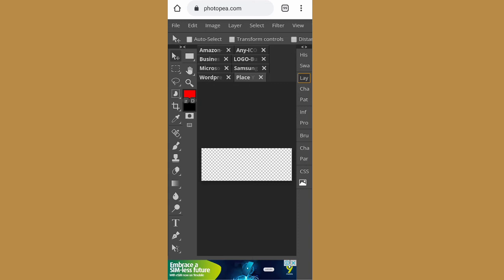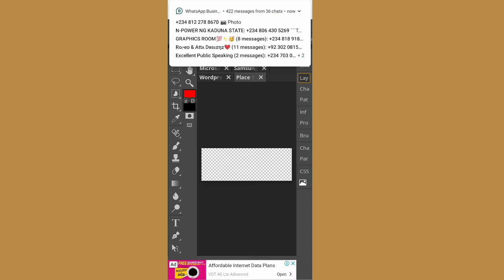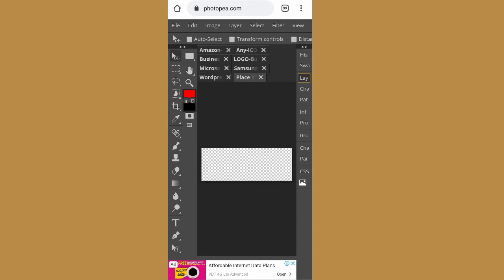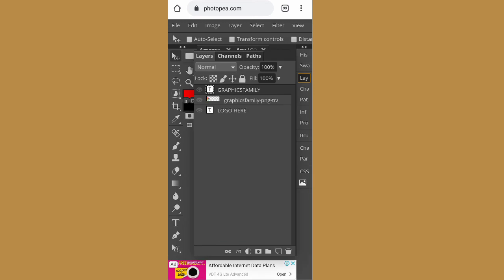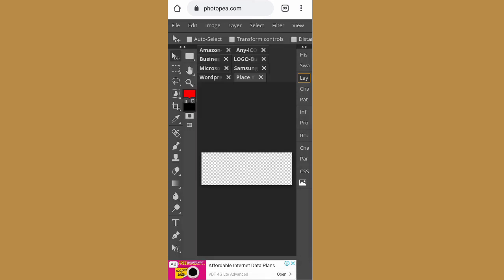Just click on PSD file, click on your layer, and go and double tap where you see my logo or your logo here. Just double tap it. When you double tap it, you will see another layer will pop up. When you see another layer, the next thing you will see is the eye icon beside it. Just click on it, the way we normally hide our work on Pixlr. Just click it, it will be hidden.